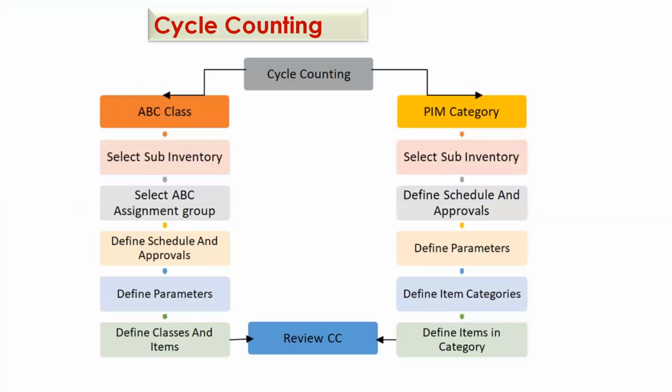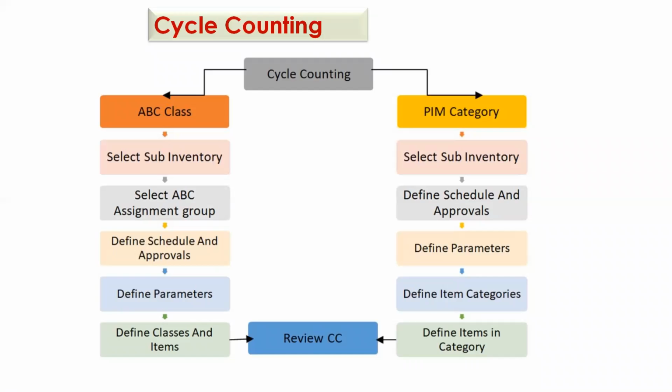Okay. In the previous session, we discussed cycle counting, right? In the same cycle counting, we performed ABC analysis. That means we counted the items as part of cycle counting. So let's now see some new functionality Oracle recently added in cycle counting: based on category, we can also do the cycle counting.